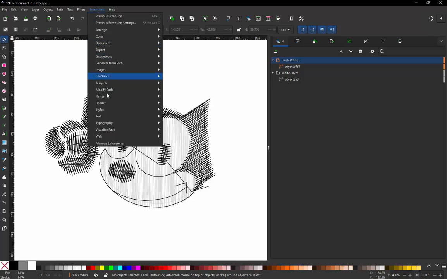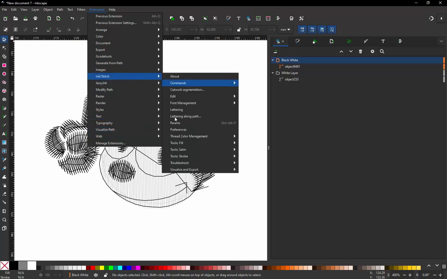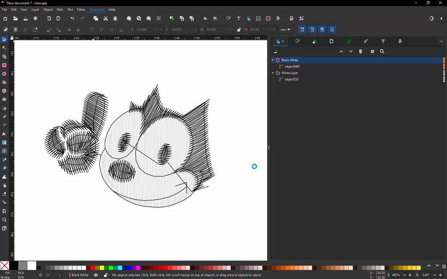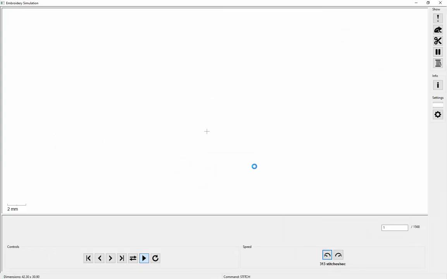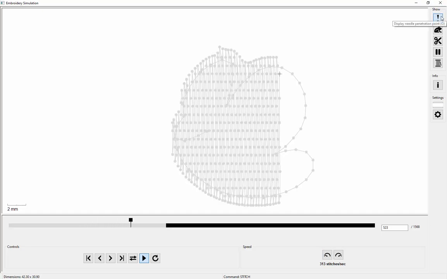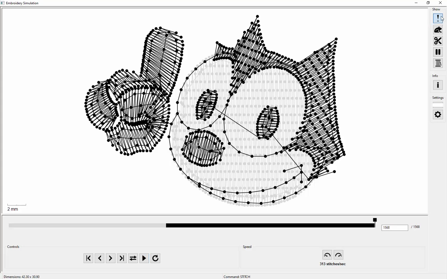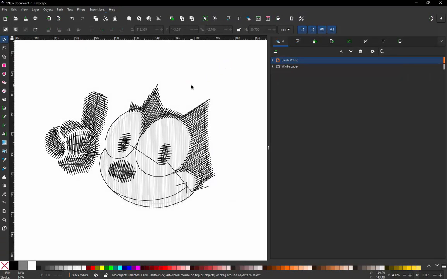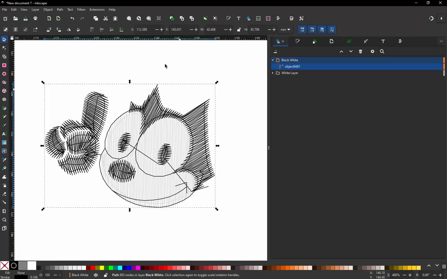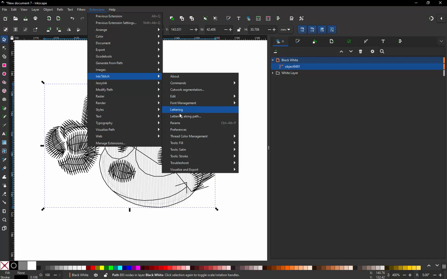If I go back into extensions and choose InkStitch Visualize Simulator, and I just want to turn on the needle points so you can see them. Okay, so the needle points right now, as you're looking at it on screen, is the way the design was originally created. Now, when you import your design, you may not get your needle points the way the design was originally created. So keep in mind what you're looking at here and watch what happens when we make a change. If I just select the black component and come up here to InkStitch params,